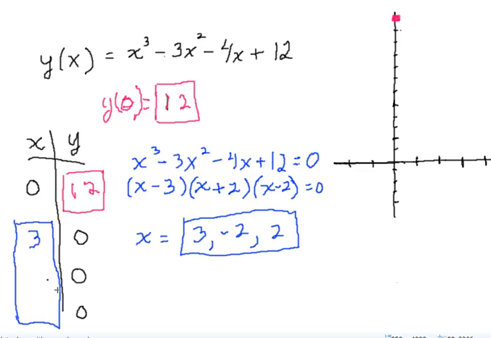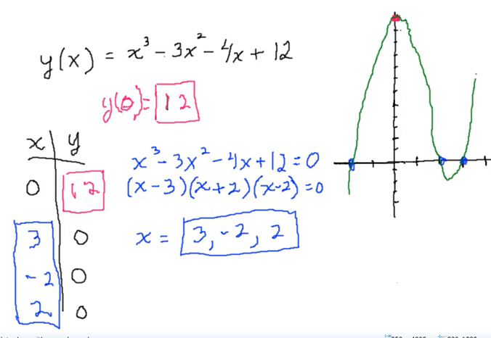So if I put these in my table, in no particular order, and plot them here, negative 2, positive 2, positive 3, and recalling what I know about the behavior of a third degree polynomial function, I can roughly sketch this. I'm not sure how far down it goes before it turns back up, but it captures those 4 graphs of 4 functions using the